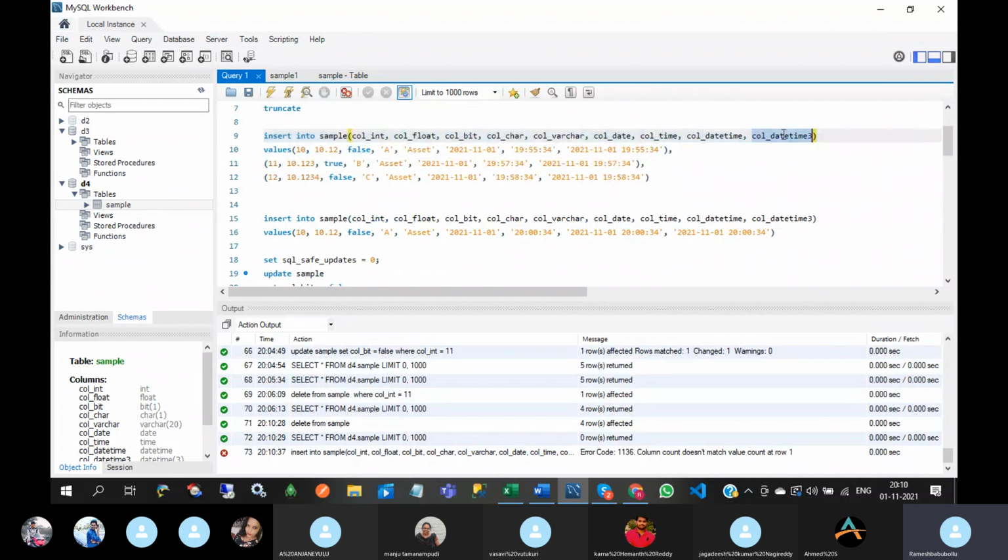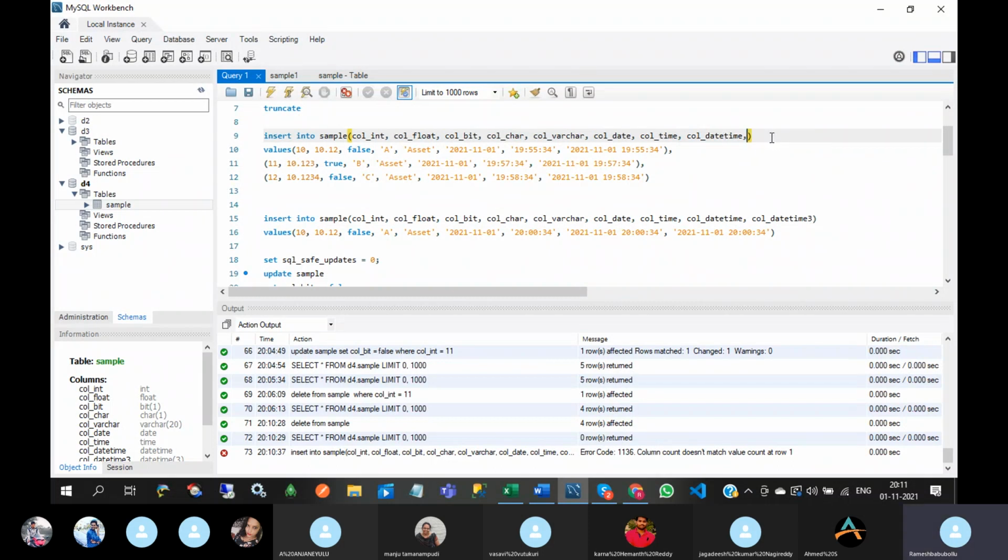Here I have given col_datetime3, but I didn't give the value for this column. That's why it is showing like that. The number of columns and the number of values are not matched.